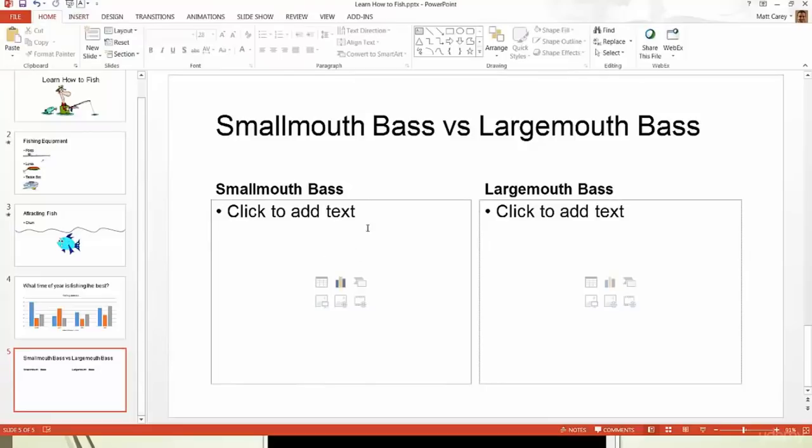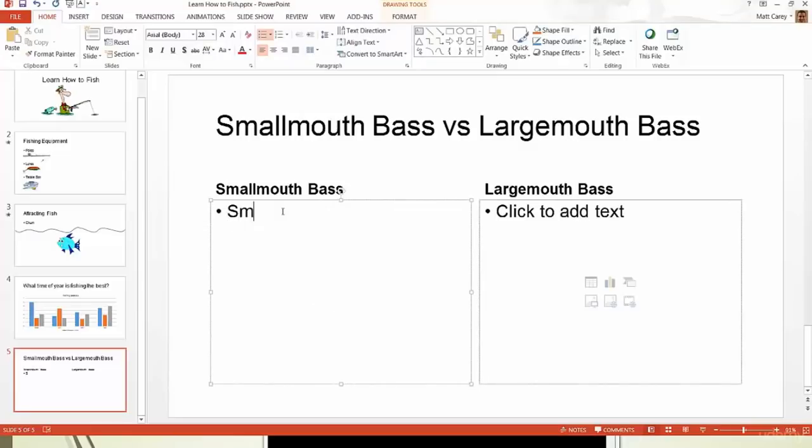So since we picked a comparison themed slide, you see that there's already these text boxes ready to use to add our comparison data. So of course smallmouth basses have small mouths, brownish color,